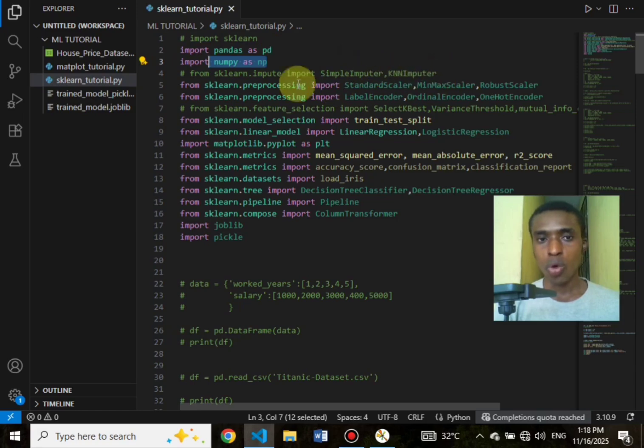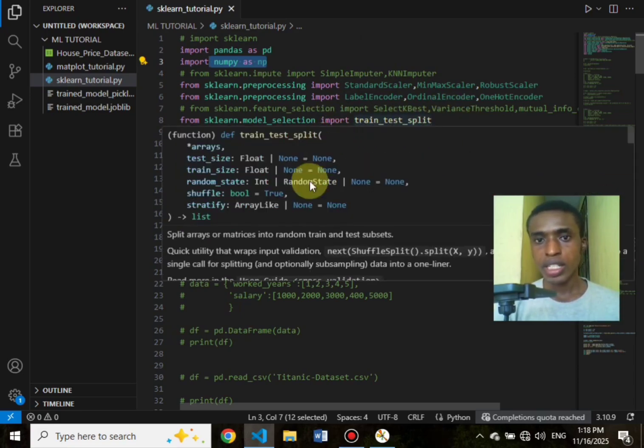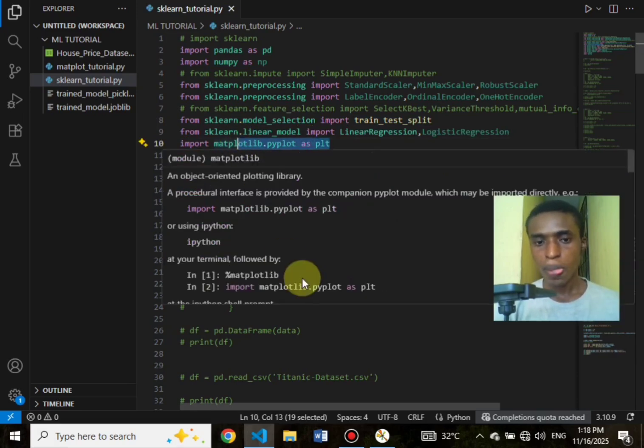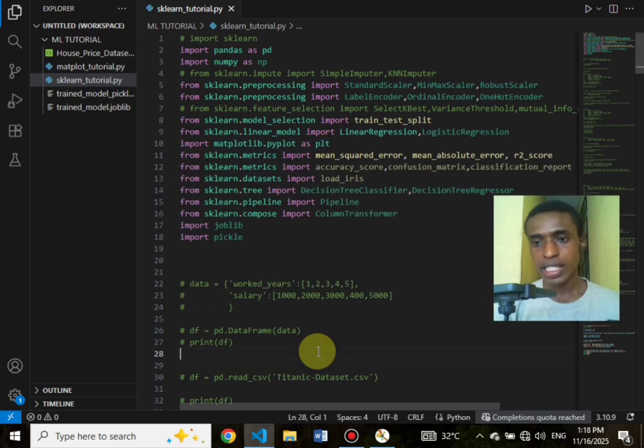So NumPy, I will have this. We will talk about SimpleImputer, StandardScaler, LabelEncoder, SelectBest, train test split. I'll have that of linear regression, and Matplotlib. I did a full tutorial on Matplotlib. So all these things, I just made sure I did the tutorial, in case you want to dive into this extent, so it won't be hard for you